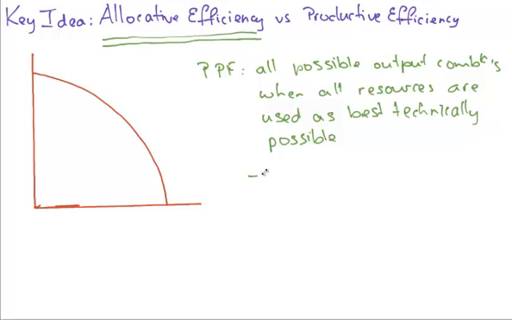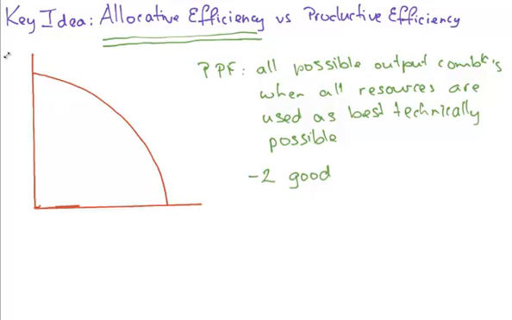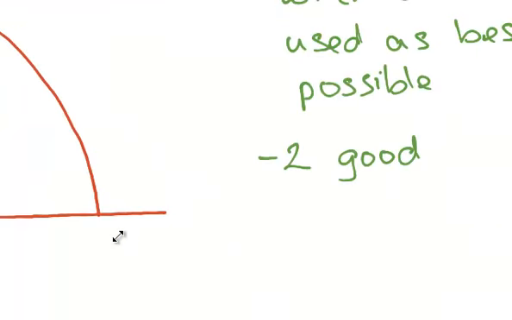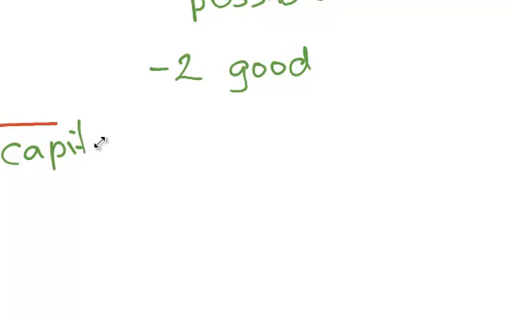Some of the assumptions are that we've only got two goods. So we've tended to look at a farm, and we might have corn up here and wheat down here, or timber and dairy products. Quite a common one we use in economics is consumer goods, which are goods we use such as TVs, just for our own personal good. They're not used to produce any other goods. Versus capital goods, which are goods that we use to produce other goods, such as machinery, factories, tractors, and so on. So there are only two goods that can be made. We assume a given level of technology,